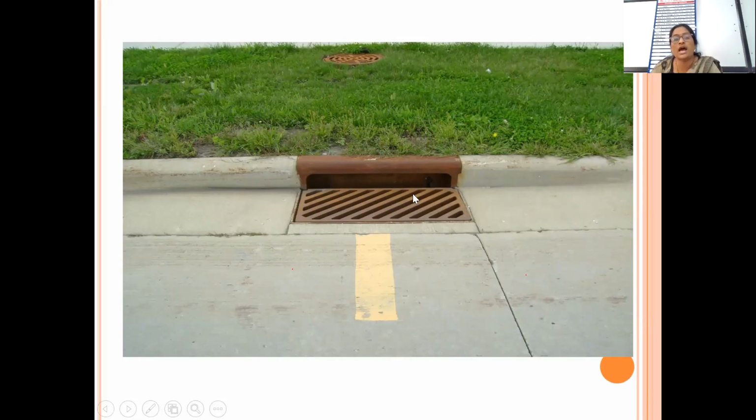But it is not possible to have such kinds of arrangements to have the vertical inlets everywhere. If there is sufficient space, footpath is there, in that case, we can provide the vertical inlets. But when there is no such arrangement, in that case, we cannot provide the vertical inlets. In that case, we need to provide the horizontal inlets. So to overcome the problems which are arising with the horizontal inlets or the existing inlet, we have studied about the catch basins. And that catch basin will help us two ways.